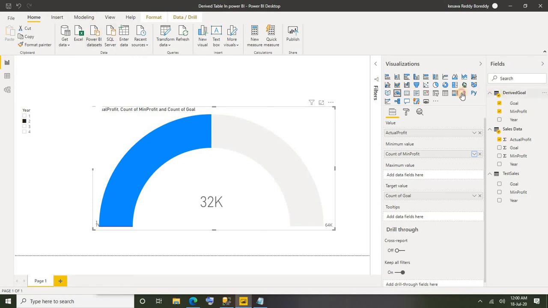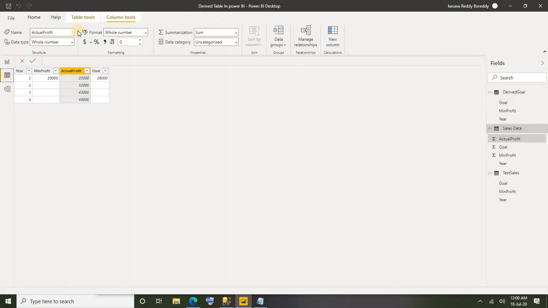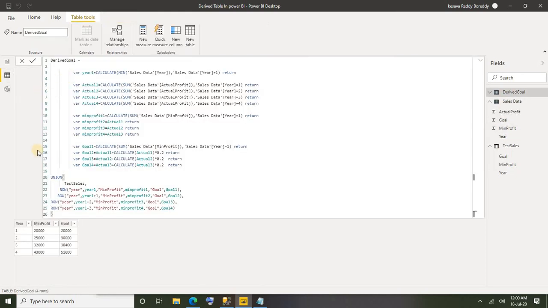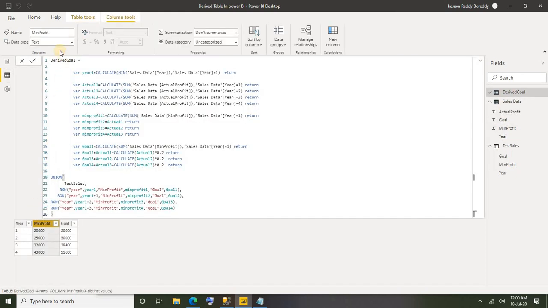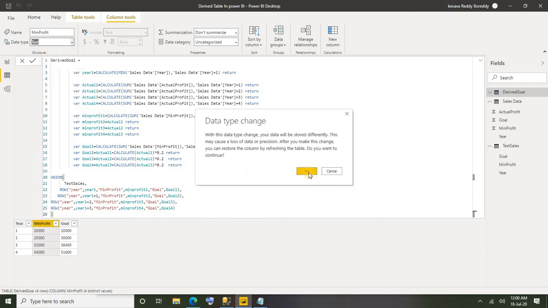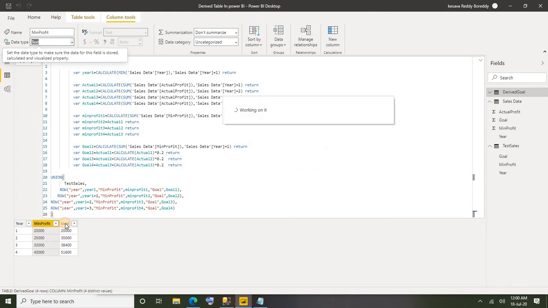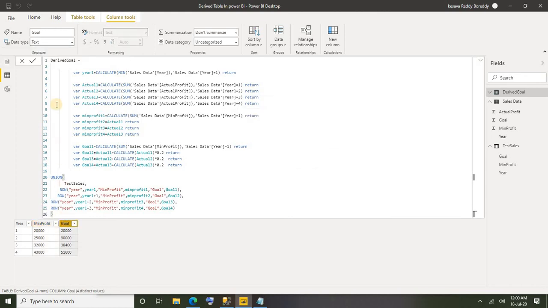All right, let me go to data. So let me convert the right table, minimum profit, to whole number, say yes. Again, let's convert goal also to whole number. Okay, say yes.